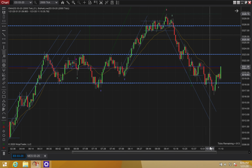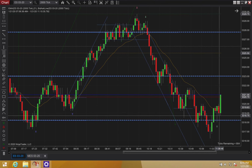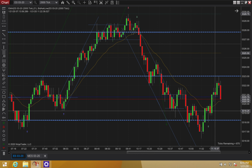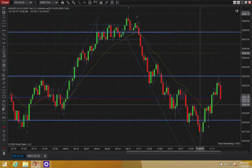But it doesn't break below. You see that? That looked really nasty, but my stop would have been just 2 ticks below there. Never breaks below. Gives a nice push. And you get the midline touch. At this point, you definitely